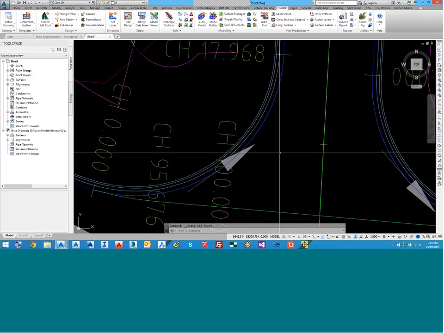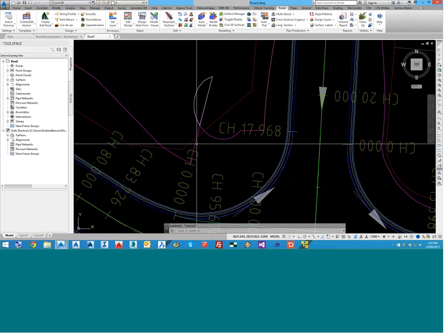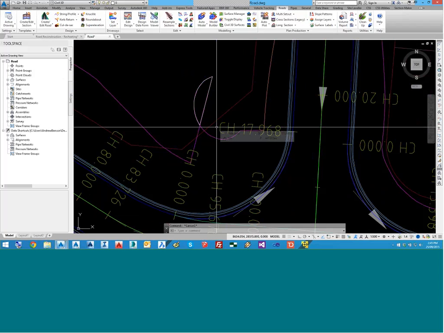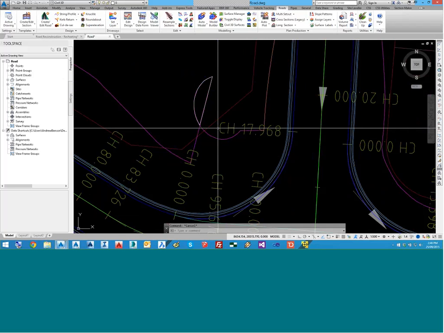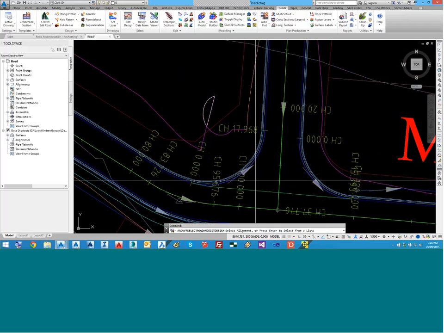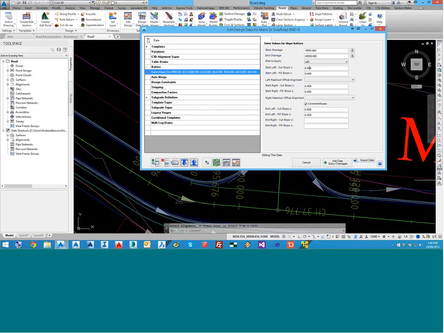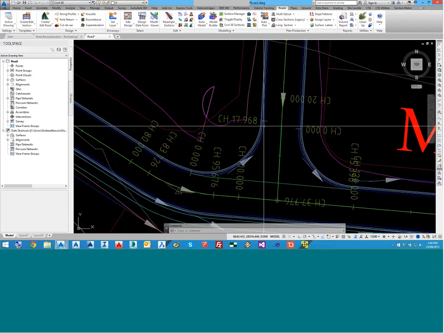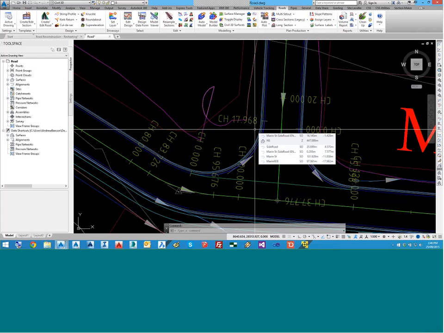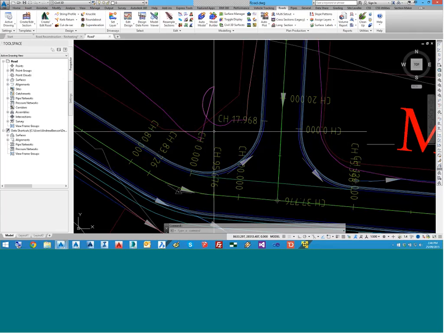I'm just going to select similar and delete. This is our issue, this is our loop that I want to fix up. There are a couple of ways to fix it. One way is I just change the batter slope. In order for me to cause that loop, I added a batter at a 1/8 slope. So we could change the batters up, tighten them up a little bit, and then the software won't cause those loops. That's one way of doing it. In fact, you probably notice when we automate curve returns, we always add batters in on the curve returns at a 1:1 slope to try and avoid these types of